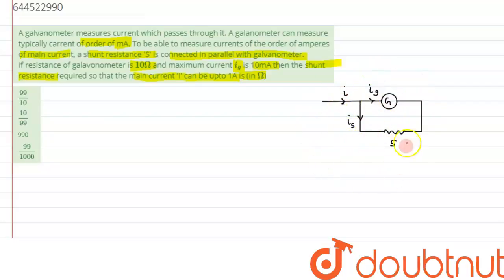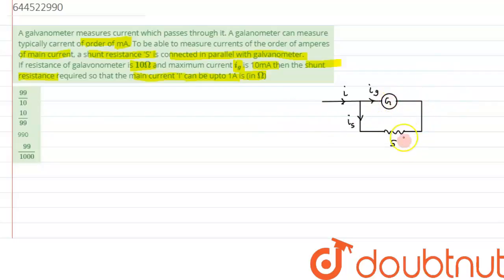So this is how the galvanometer is converted into an ammeter, just by shunting it with a low resistance value, because we know current follows a low resistance path. So when a high value of current comes through here, at this junction much of the current flows through the shunt because of its low resistance, and the remaining current passes through the galvanometer. In short, we can say the galvanometer will be protected from getting damaged.